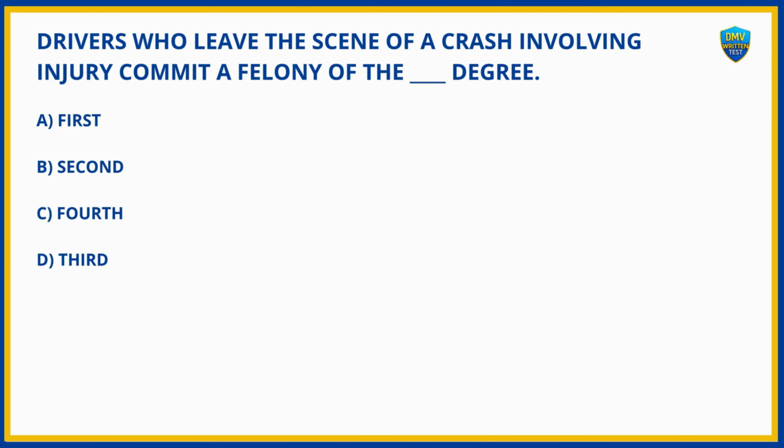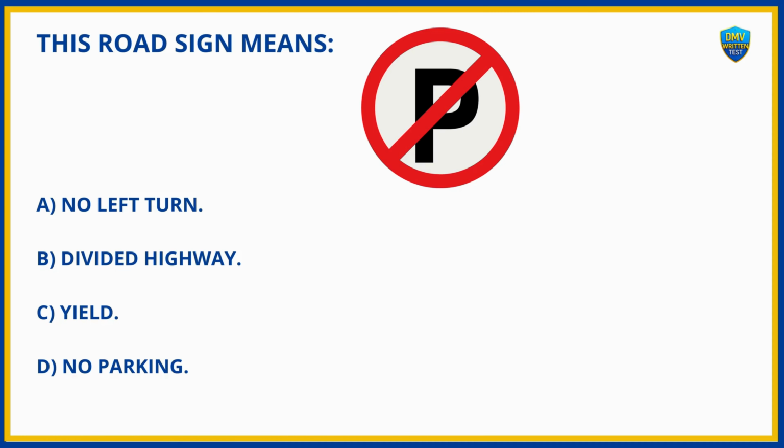A. 4. Drivers who leave the scene of a crash involving injury commit a felony of the degree A. First. B. Second. C. Fourth. D. Third. This road sign means A. No left turn. B. Divided highway. C. Yield. D. No parking. And the answer is